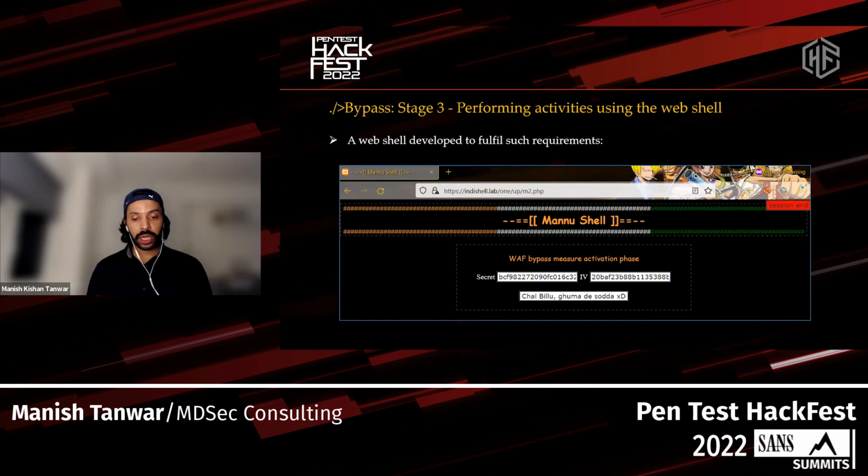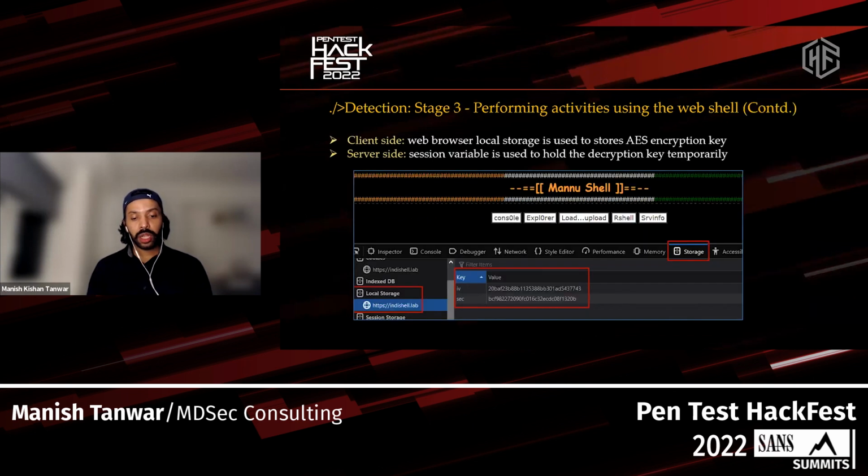So this is the web shell, and the moment we browse it, JavaScript is automatically going to generate a secret and IV. This web shell uses JavaScript-based AES encryption with the secret and IV. The interesting thing is, the secret and IV are not hard-coded. The moment we refresh the web shell, JavaScript will generate them dynamically. The moment we click the button, those values will be stored in the browser in local storage, and to pass these values to the shell so that the web shell can perform decryption of any command,